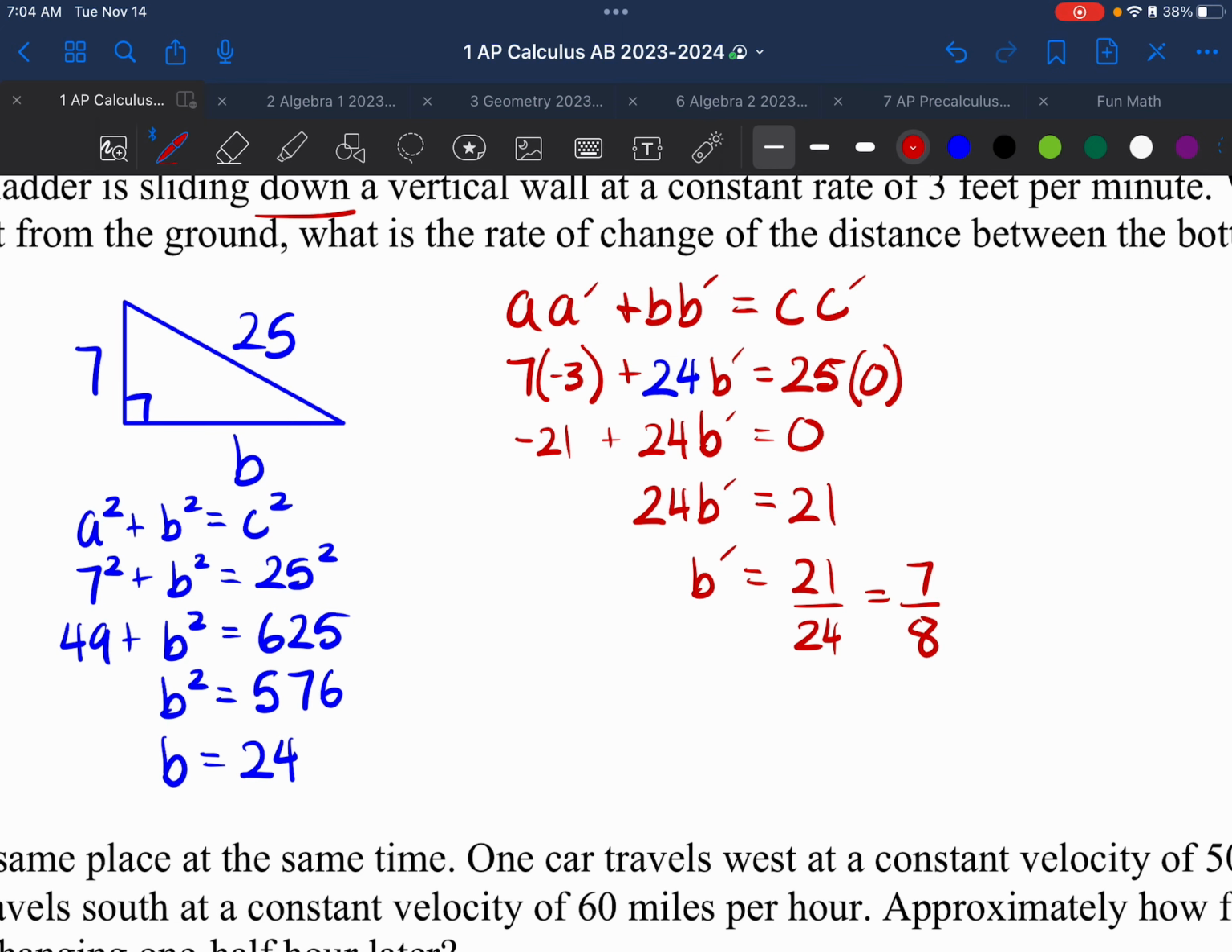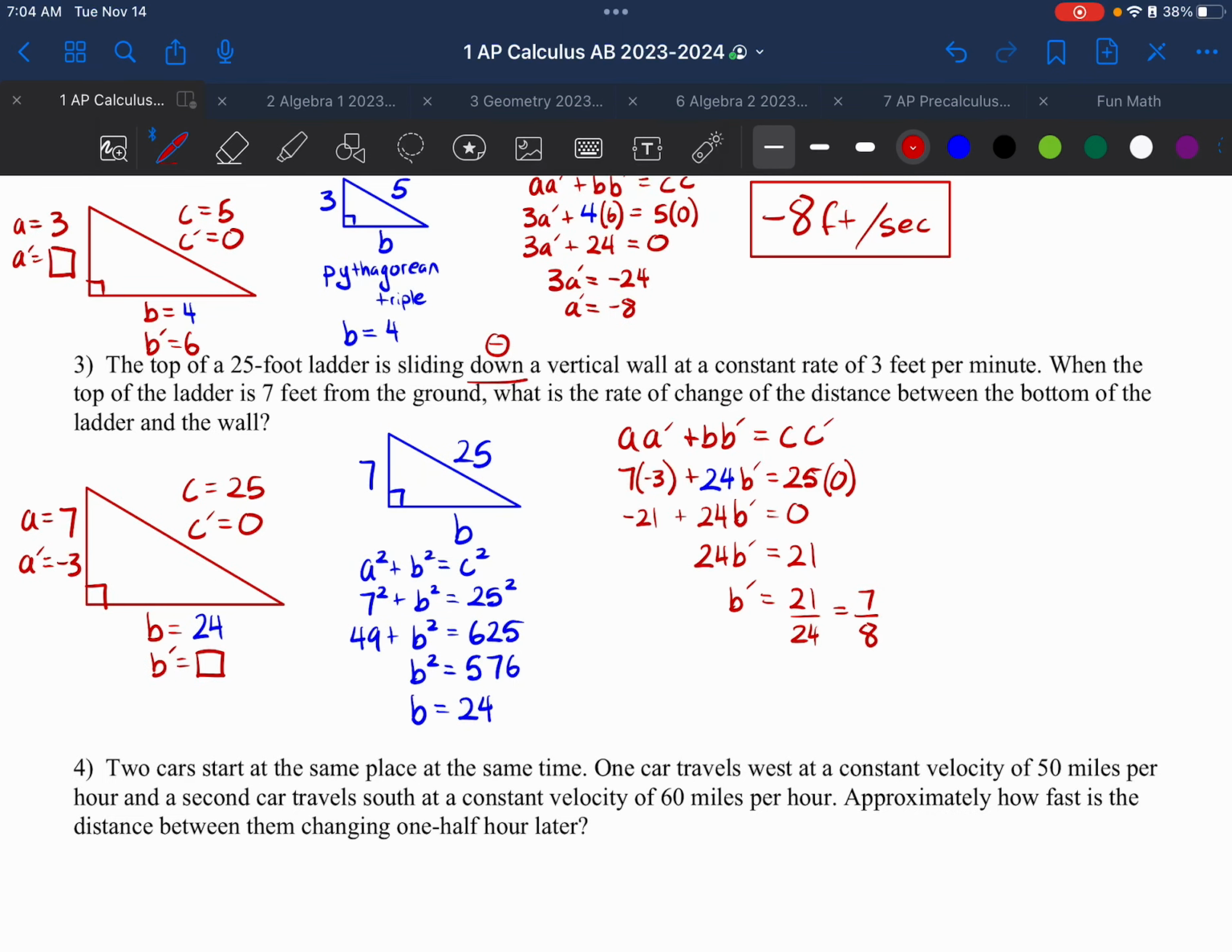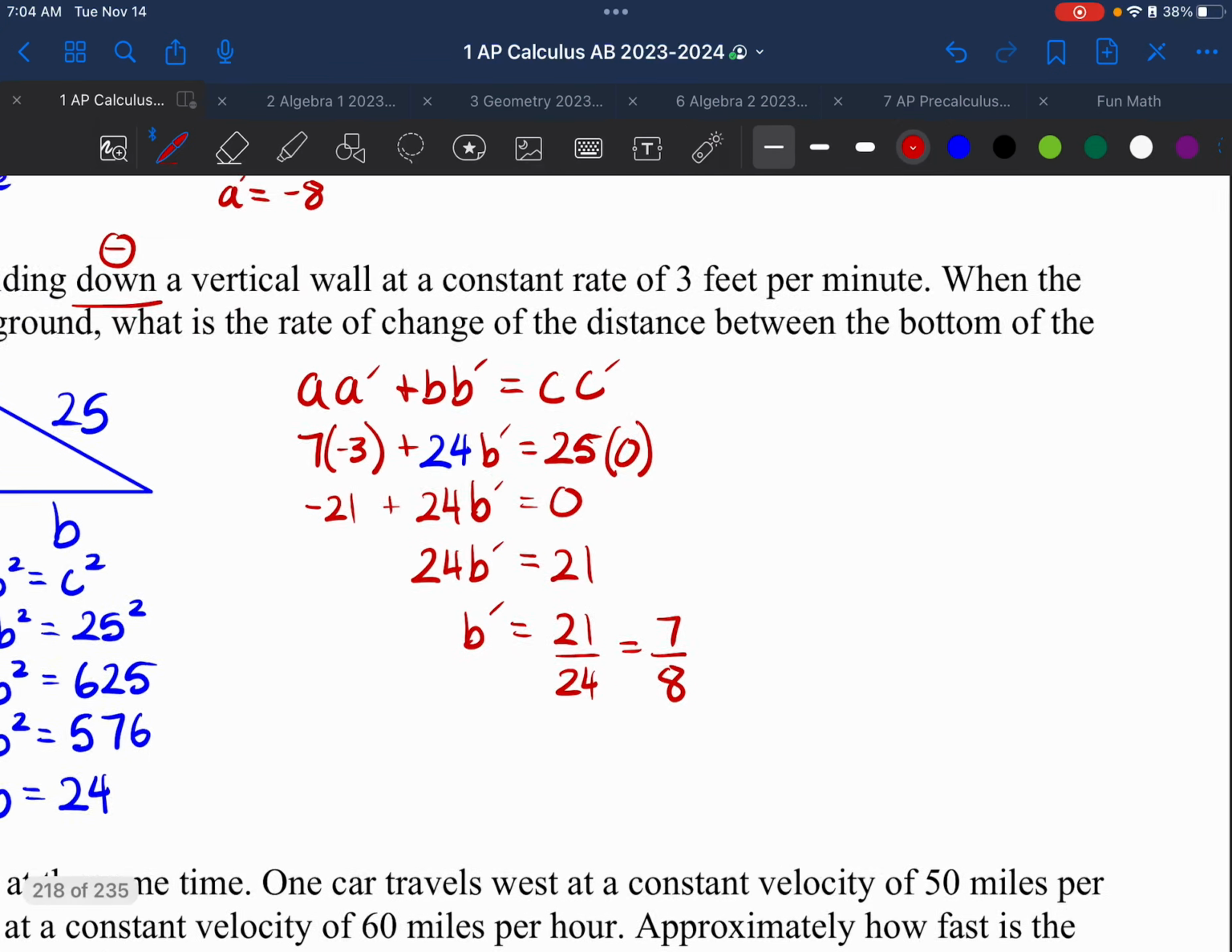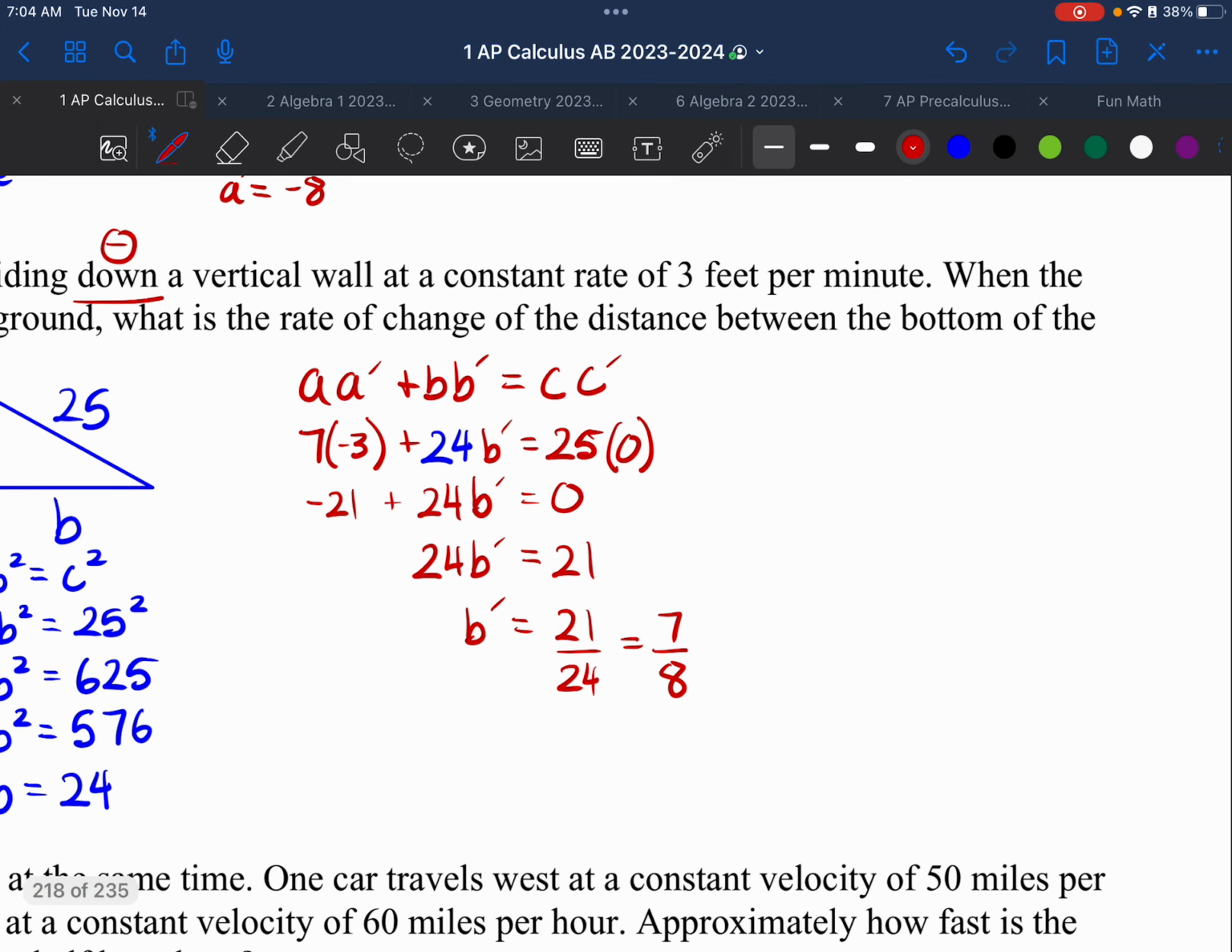Does it make sense that we are positive in this case? Let me just double check here. B prime is sliding away from the wall because we're sliding down with our ladder, so that's my positive direction in my head, so 7/8 is positive. Excellent. All right, so over here, I'm going to say and interpret my answer, 7/8, and then what is my